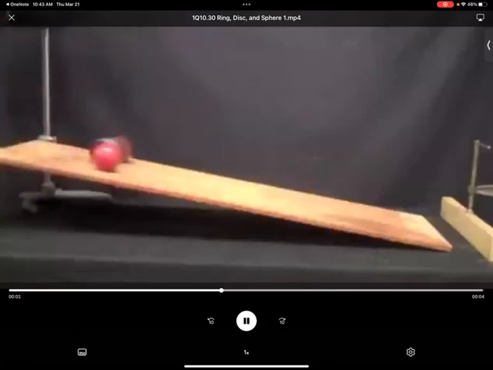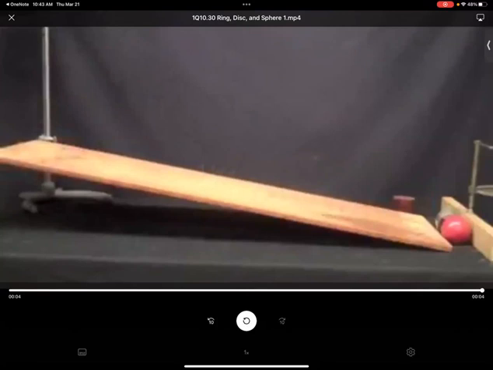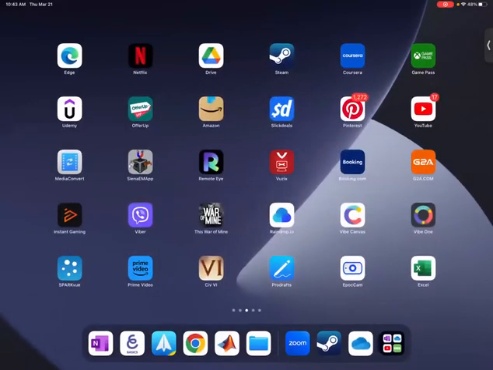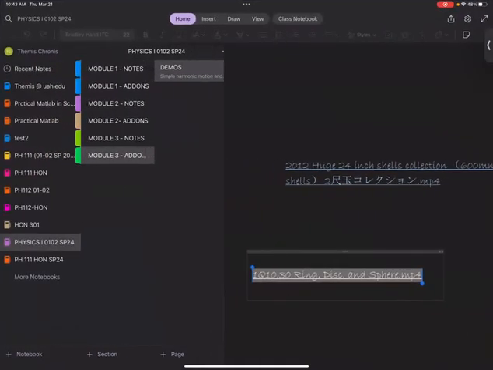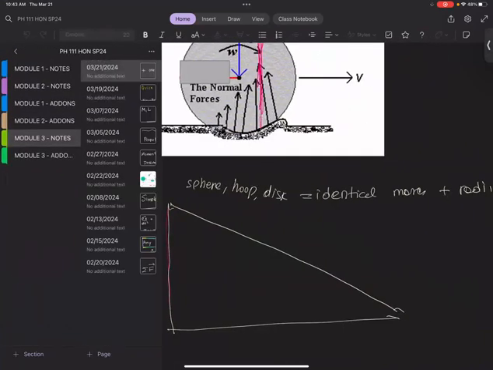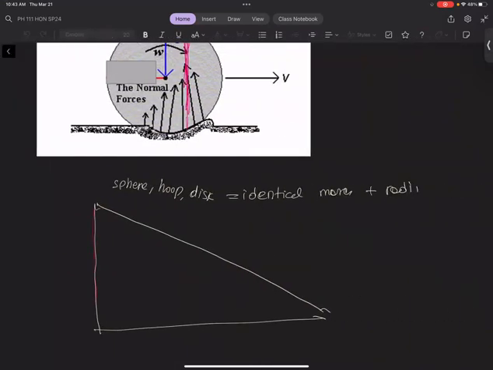Ready? The sphere always wins. The sphere will always win, of course, as long as we're comparing apples to apples, the same mass. You can see that the radii are the same, and we trust that the masses are also the same. But yes, I've tried it too. The sphere will always be a winner. I'll give you 5 minutes to prove it.